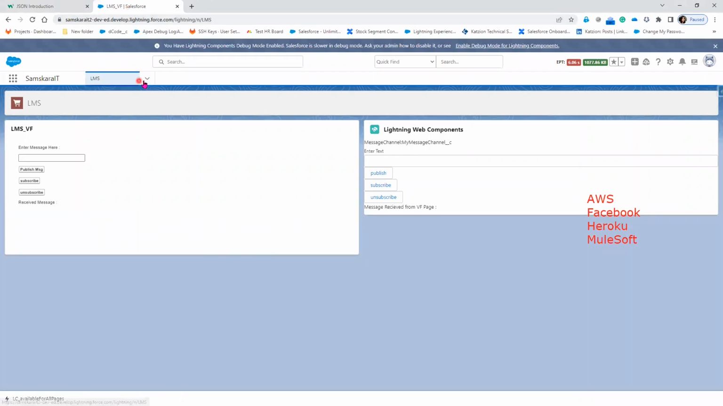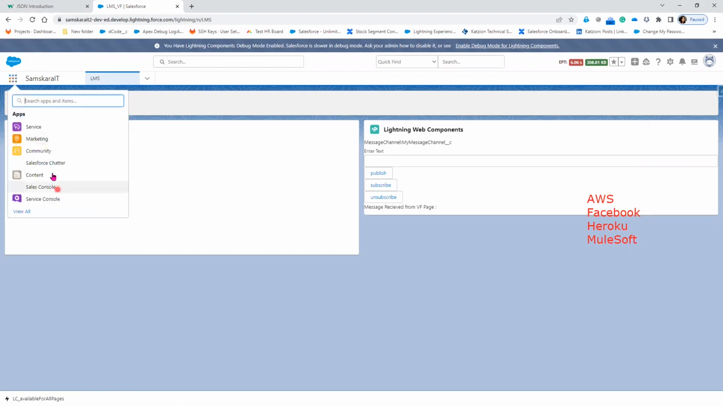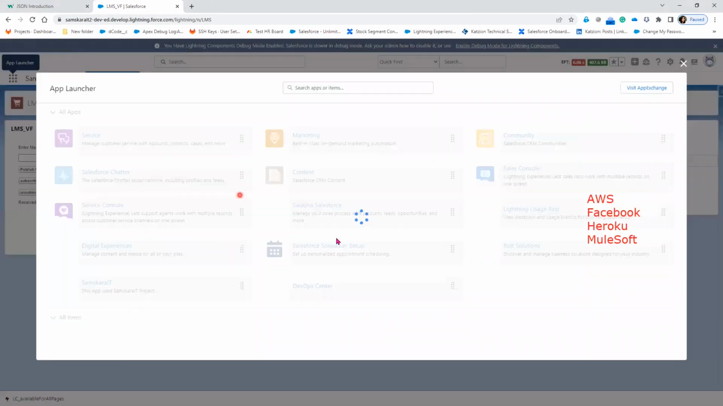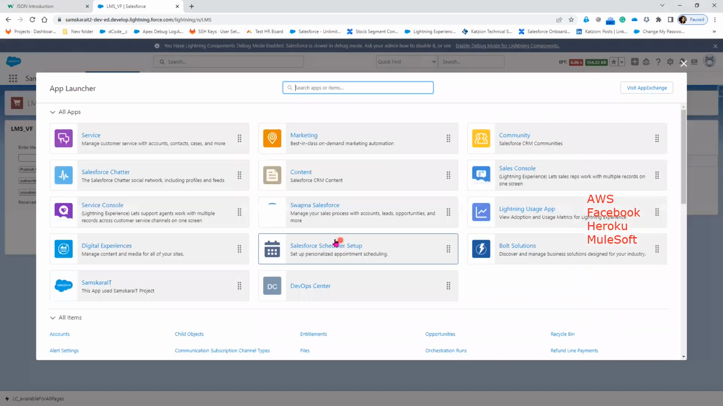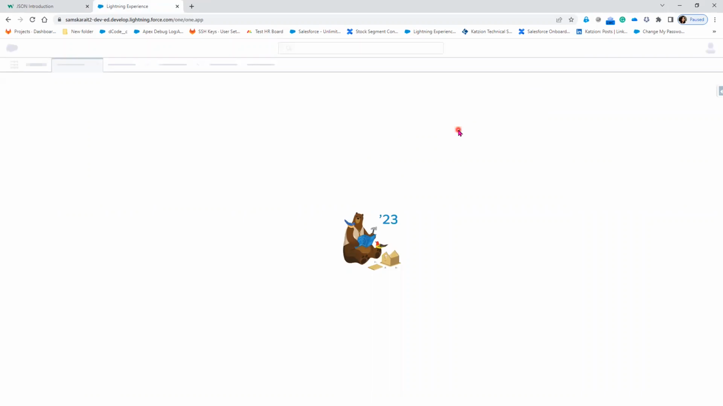Okay. So here I have, let's go back to the other application. View all. Let's say service. Now let me open the developer console. Now here in the developer console,